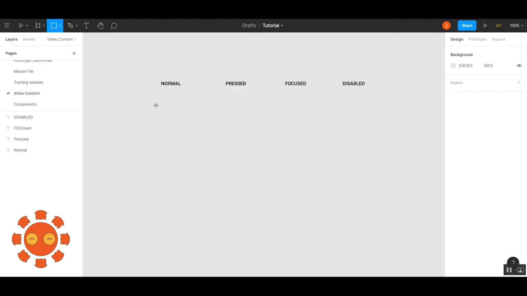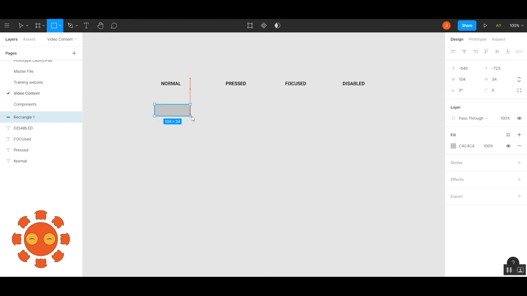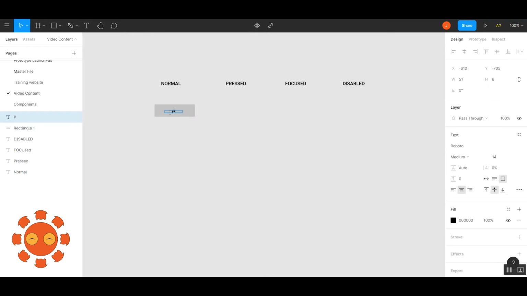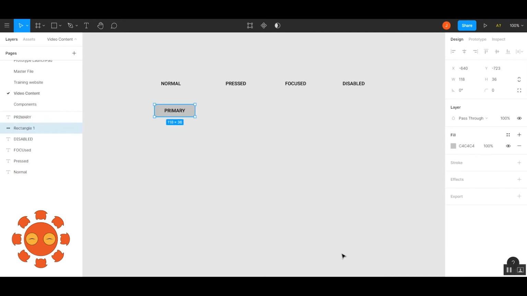I will first create a rectangle here and add some text to it. Let's name this one primary. You can change these features from the property panel.